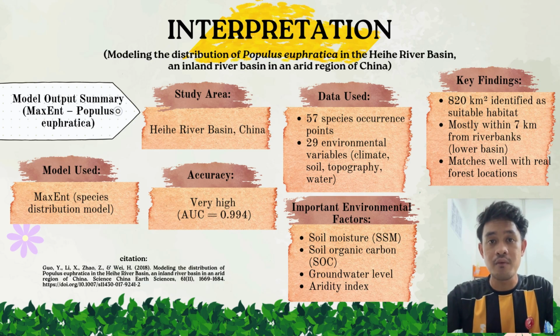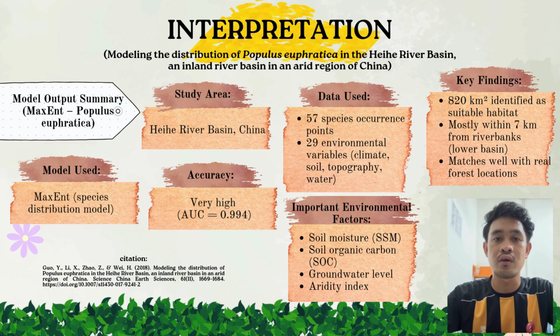Okay, next, the Maxent model successfully predicted the potential distribution of Populus euphratica in the Heihe River Basin using 57 species occurrence points and 29 environmental variables, including climate, soil, topography, and water data. The model shows high accuracy